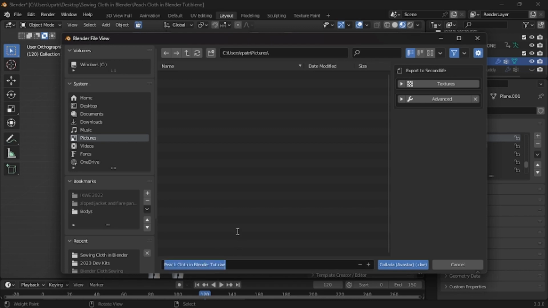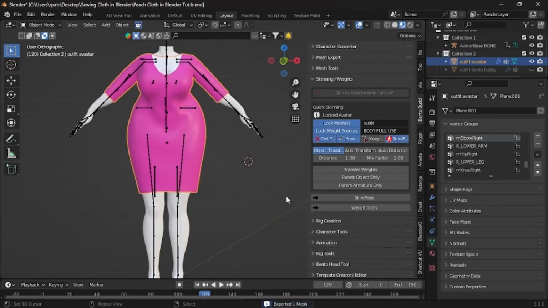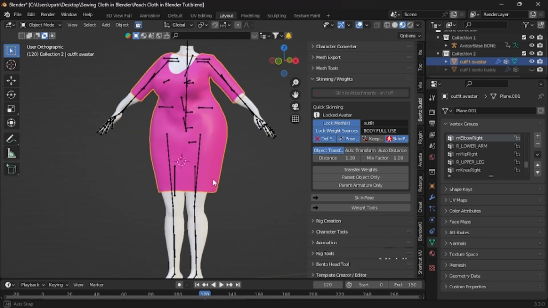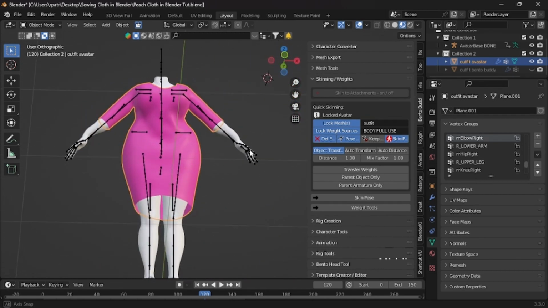And we are going to call it peach pencil dress Avastar, enter, Collada Avastar Day, and we have exported mesh down here. Stop! And that is it. But like say we were all finished,